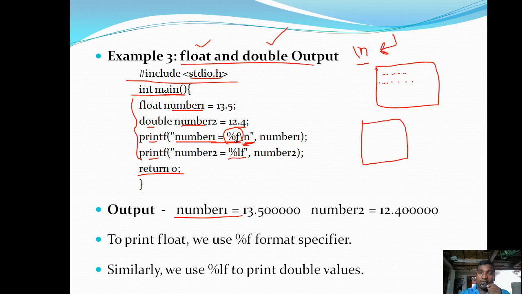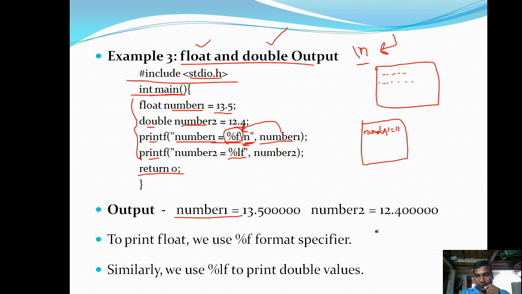The value is taken from the variable name we write after the comma, and that variable's value is replaced here. The variable name is number 1, which contains 13.5, so 13.5 is replaced here. So on the screen it is going to print number 1 is equals to 13.